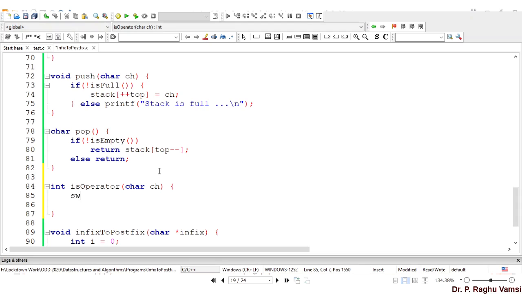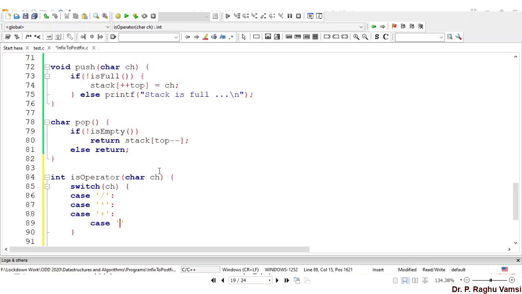Switch of ch, we can use simple case characters. These operators will be like this: star. According to the BODMAS rule, first division, case division, multiplication, addition, and subtraction.